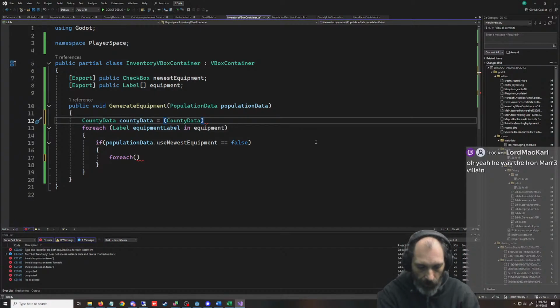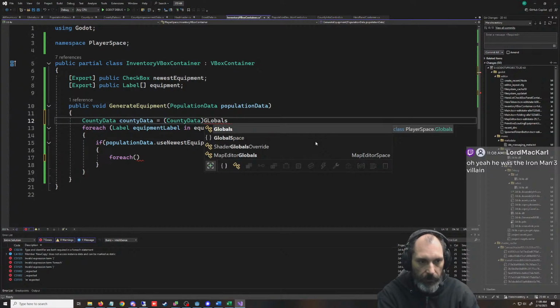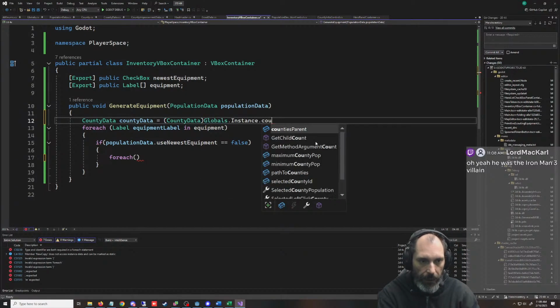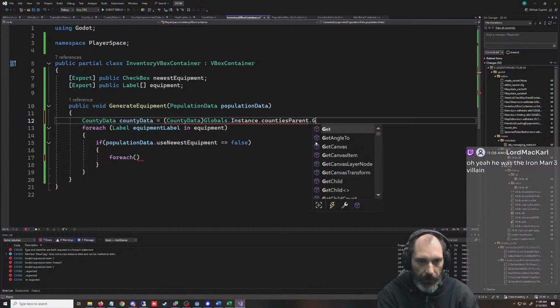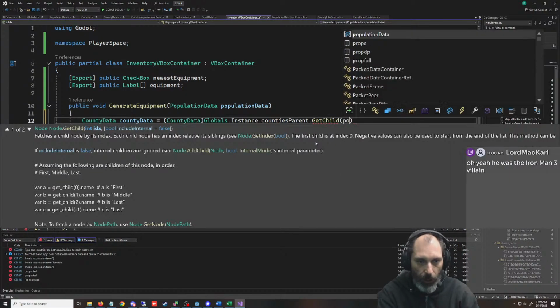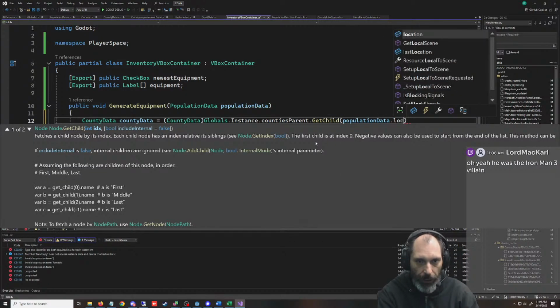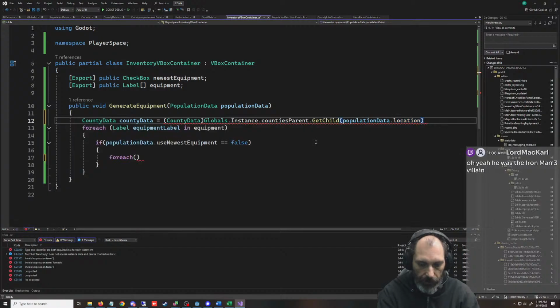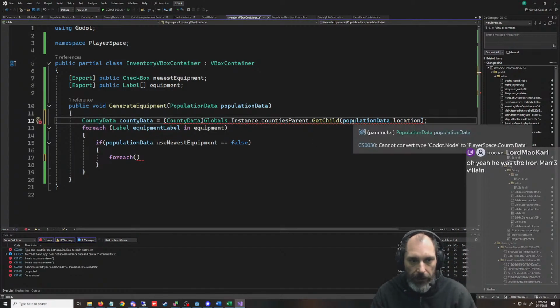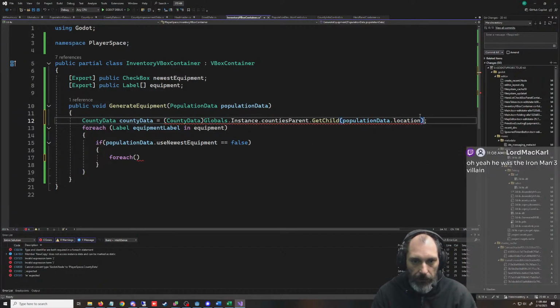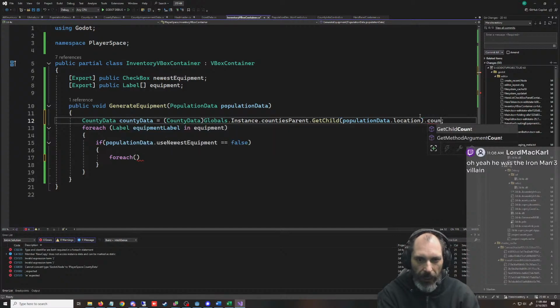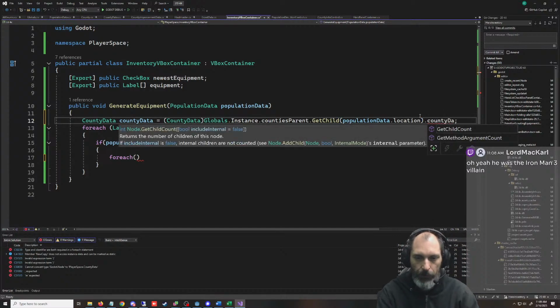We're going to go globals, instance, county's parent, get child, population data, location. Why doesn't it like this? Dot county data. Yeah, I think I got to do this in 2 steps.